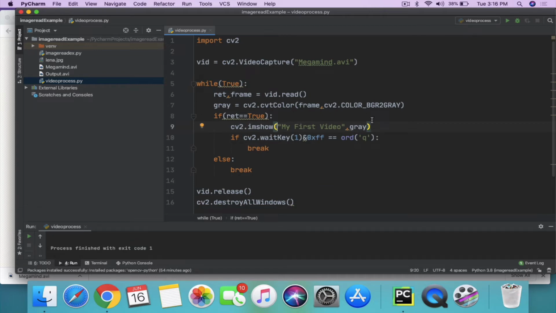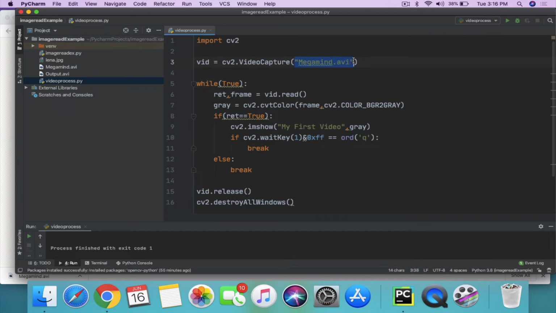Now next one is how to read the video properties. To read the video properties, there is a function named get. Here I am getting the width and the height of my captured video.